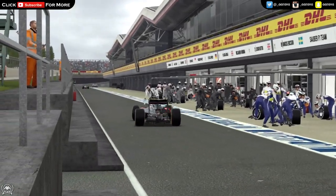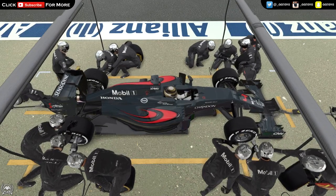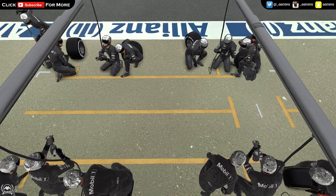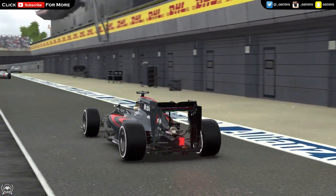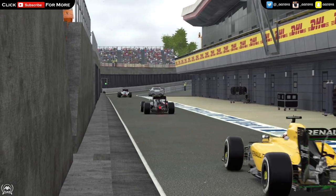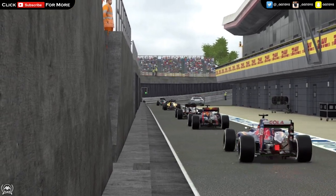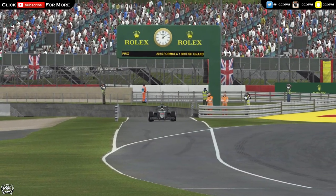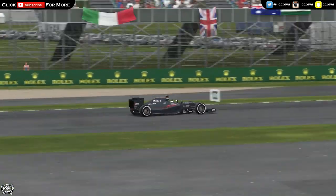Now, I mentioned at the start that we could maybe do a 2-stop, maybe a 3. I've set up the strategy that way where we can choose and pick, and to be honest, at this point in the Grand Prix, we can still flip between the 2 and the 3-stop. I'm not too sure at the moment. We did get held up there a little bit. You can see I had to hold for the Manor car, so you can see physically the gap between me and Bottas a bit bigger, unfortunately. So we lost maybe about, I'd say like 9/10 there. As you can see, there's so many cars in the pits on that lap. So we come out, and we'll come out with a bit of a gap to Bottas, unfortunately, and just ahead